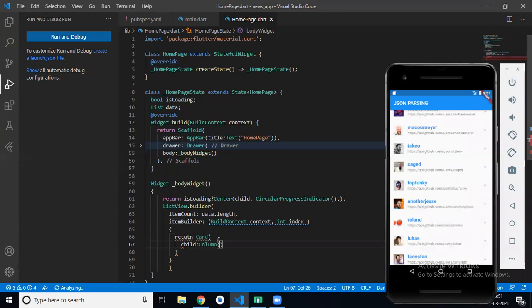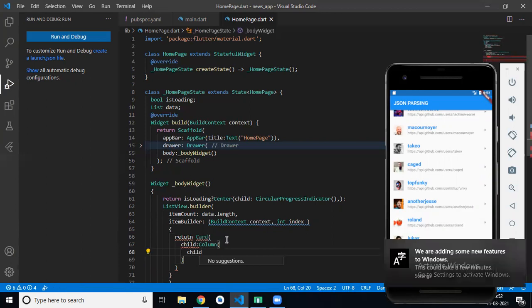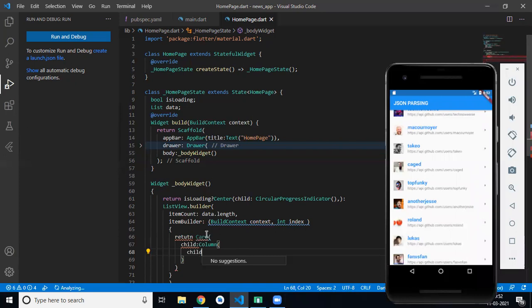In Column, we have children. In children, first we will display a network image.